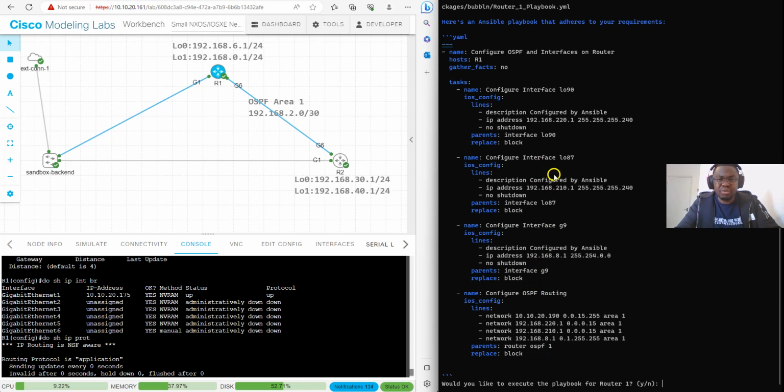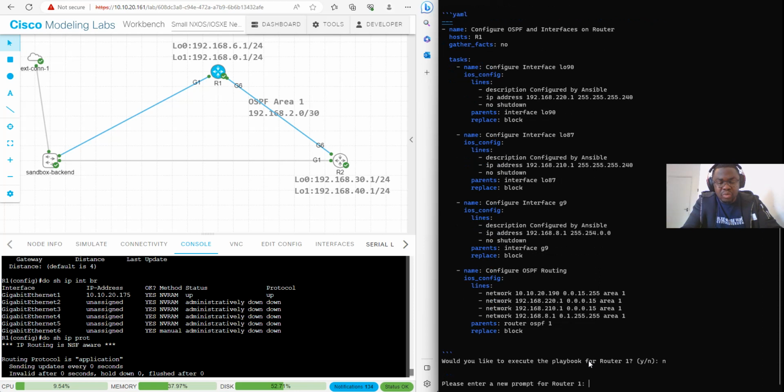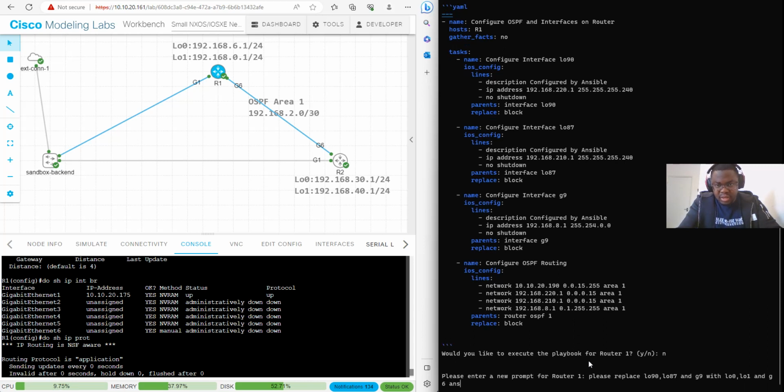So the only thing that appears to be wrong here is the configuration parameters, which we will correct now by inputting a new prompt. So we will say, please replace loopback 90, loopback 87, and G9 with loopback 0, loopback 1, and G6, and assign IP